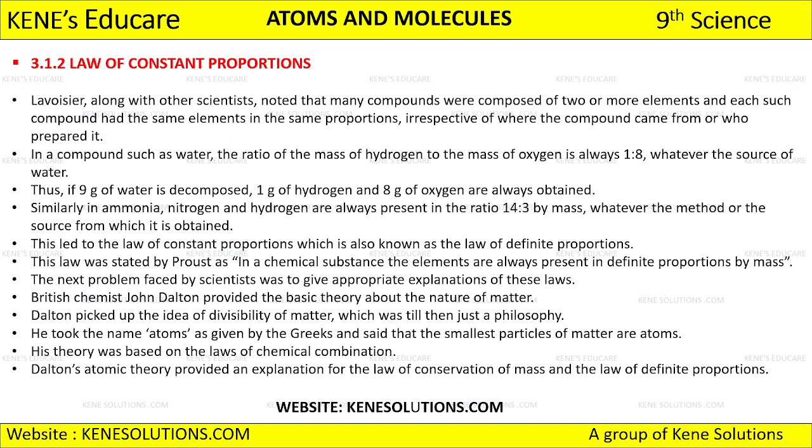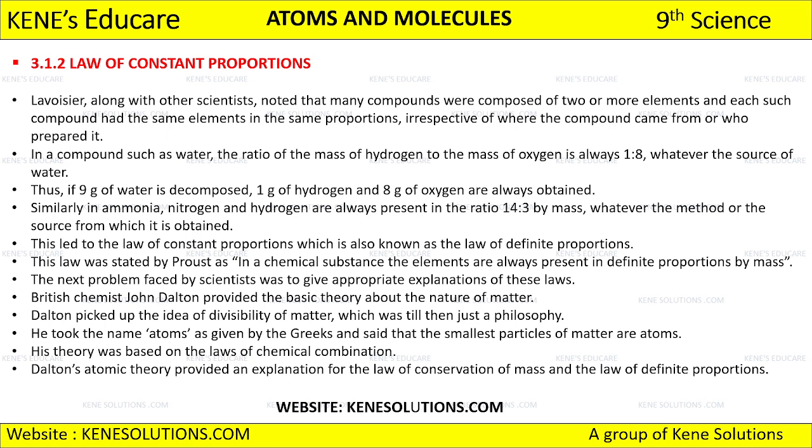Okay, so after that activity, we have the second law, known as the law of constant proportion, which can even be called the law of definite proportion by mass. I just want each one of you to please go through the slide as well. So Lavoisier, along with other scientists, was trying to come up with this second law to experimentally prove the law of constant proportion, and they were successful in doing that. Here we have the examples of water and ammonia.